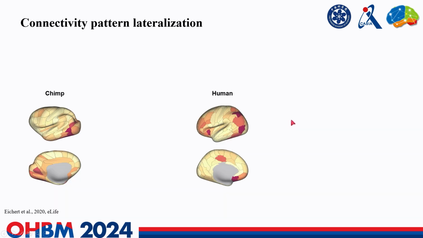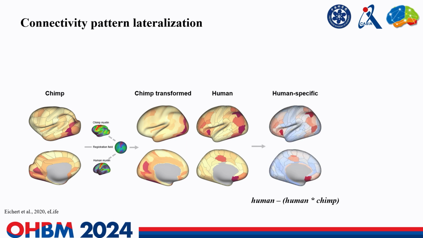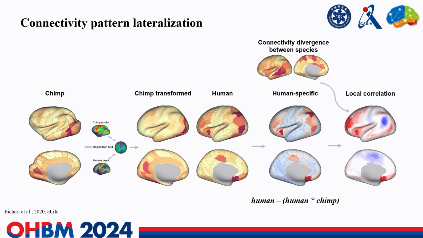Since the data from the two species were not in a common space and cannot be compared directly, here we used an alignment technique based on metadata to transform the data from the two species. Here we focus on the human-specific asymmetric patterns by calculating exclusive OR maps. And based on the connectivity divergence map I showed in the last slide, we can find the regions including the posterior temporal lobe, posterior IPL, dorsolateral prefrontal cortex, and posterior orbitofrontal cortex showed marked connectional asymmetries that likely emerged during